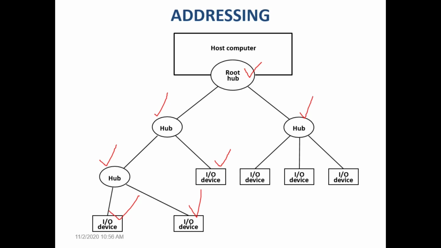That 7-bit address, how is it allocated? Let me explain. For example, we'll take this particular hub and I will connect a new IO device here. Just now I connected a new IO device to this particular USB port in this hub. Every hub has the capacity to identify when a new device is connected. So when a new IO device is connected, that hub records that information.